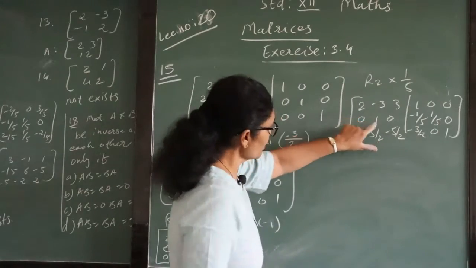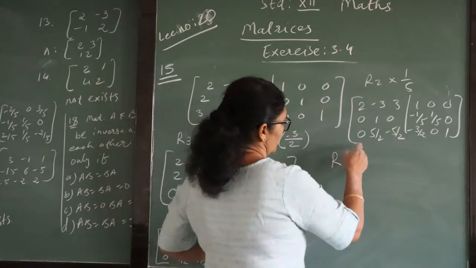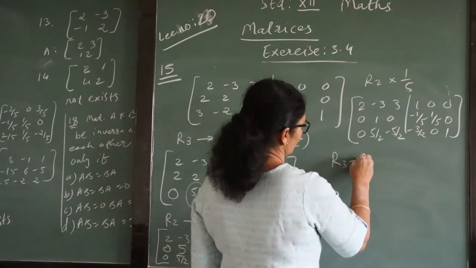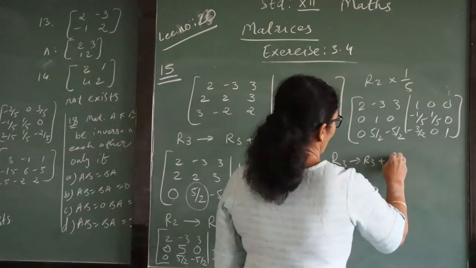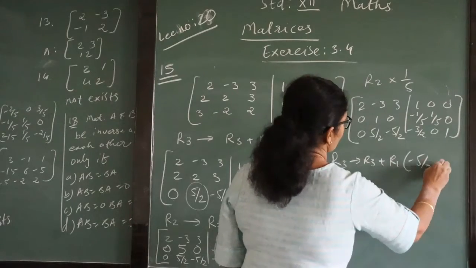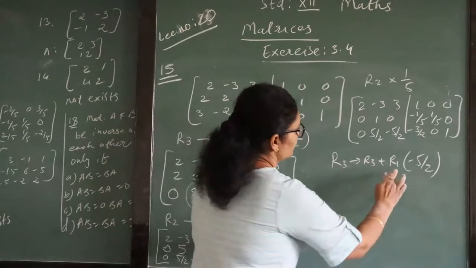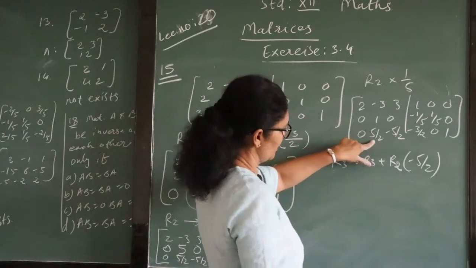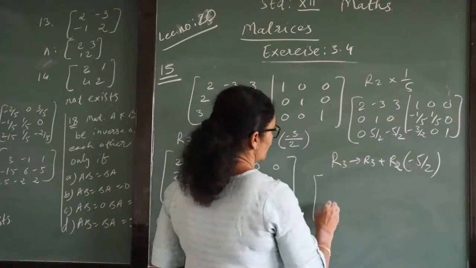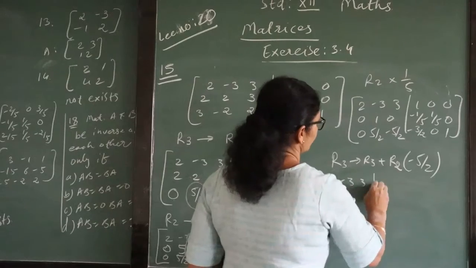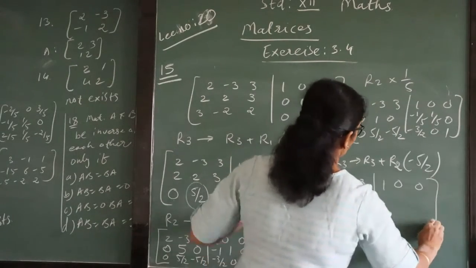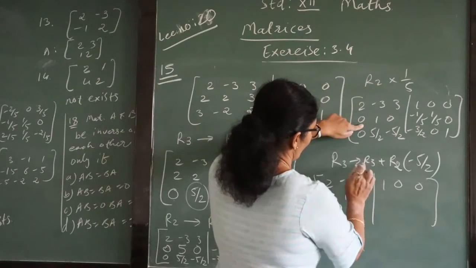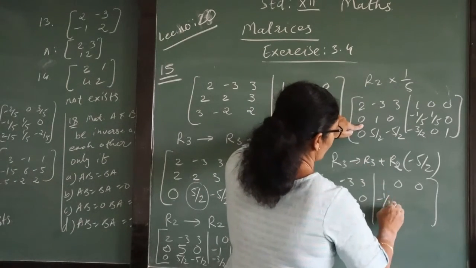Now, we can do 2 steps together, that this one we are making change here first for R3. In R3, R1 multiply with minus 5 by 2 and directly added here. So, this became 0. So, let us do this step first, 1 0 0. Okay. Now, this one as it is because we are making change in R3,